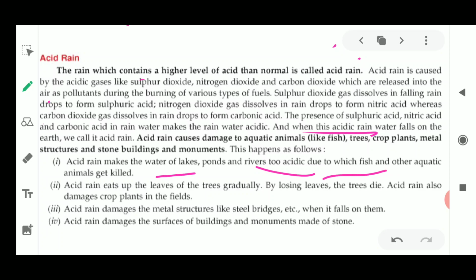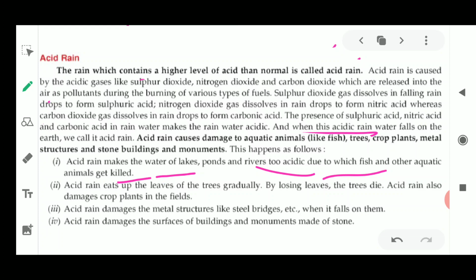If we have to drink this acid, are we able to drink these acids? No, we are not able to drink. We cannot live in the acid. We cannot just put our hands in the acidic water for some time, because it is going to burn. So what happens if it is mixed in the water where the fish are living, in the ponds or in the rivers or in the lakes? It is going to harm the fish. That is why these animals are getting killed over there.